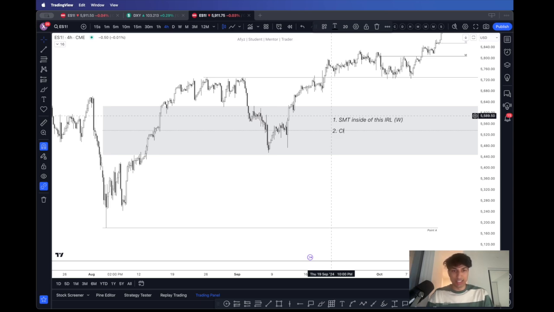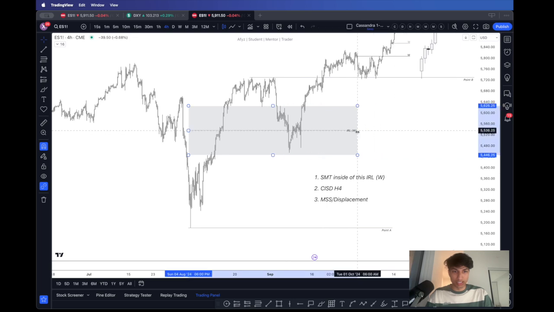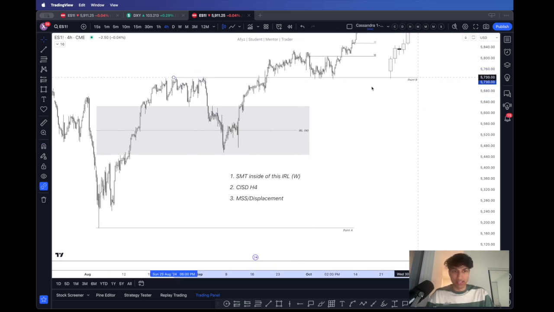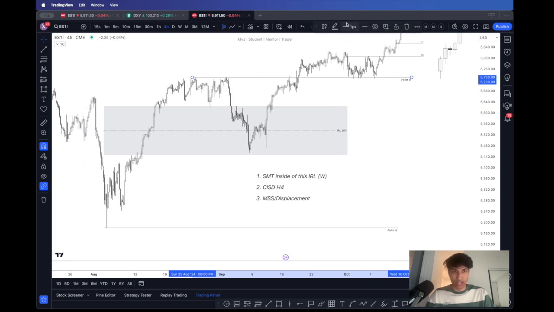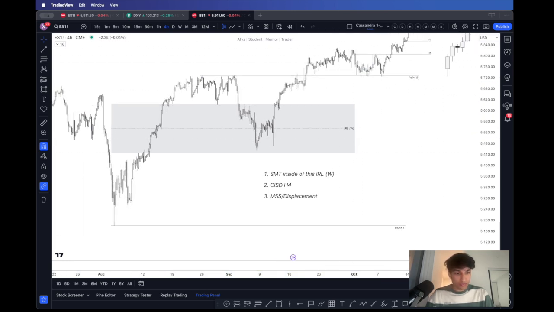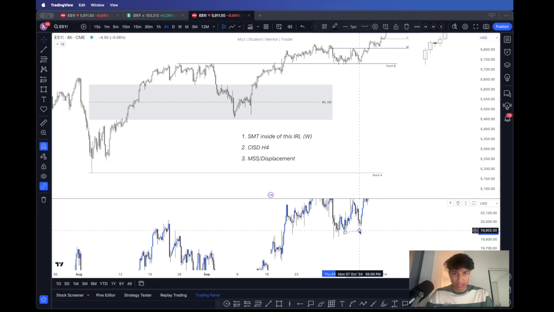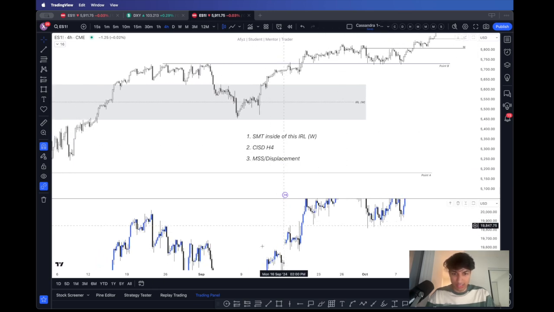Now what we want to see is a change in state of delivery on this 4-hour chart. We want to see a market structure shift and some displacement higher. These three criteria or characteristics are going to define the short-term reversal that is happening that will eventually act as the buy side of the curve to target this original consolidation, which is going to be point B, that weekly external range high. So as we can see, if we pull up a NASDAQ chart and we look inside of this internal range of liquidity, the first thing we want to see is if there's any SMT at these lows